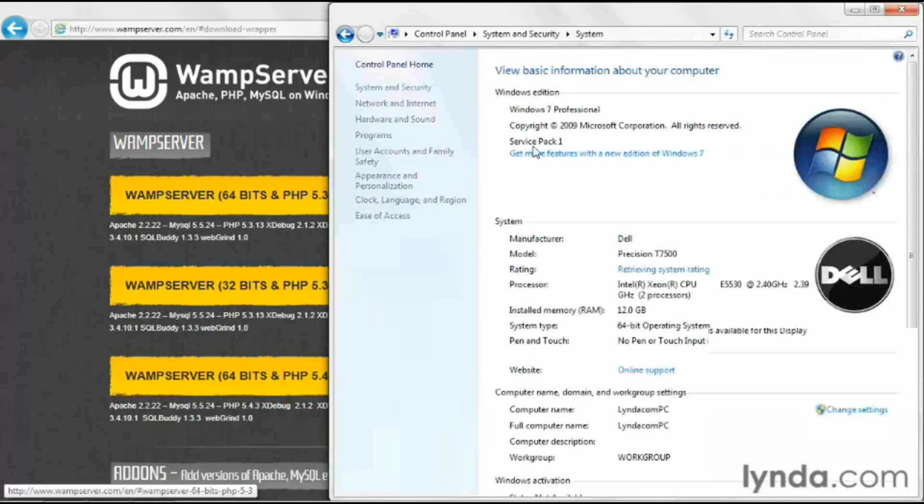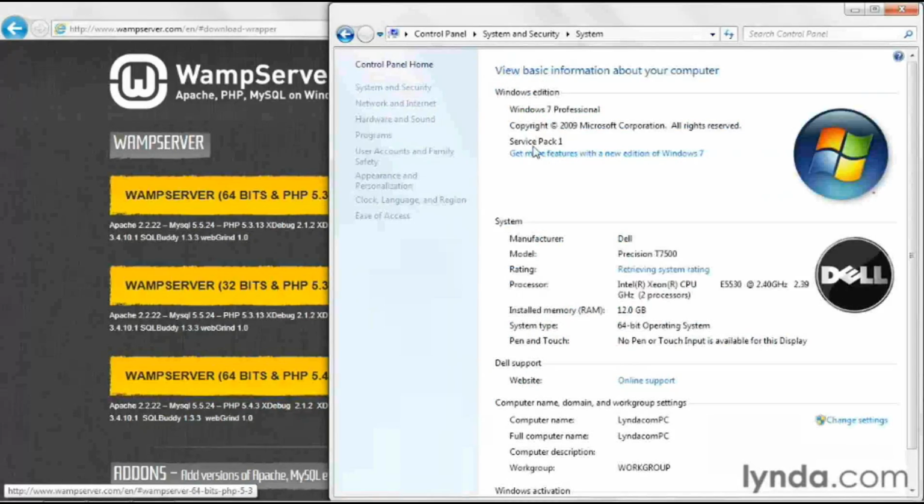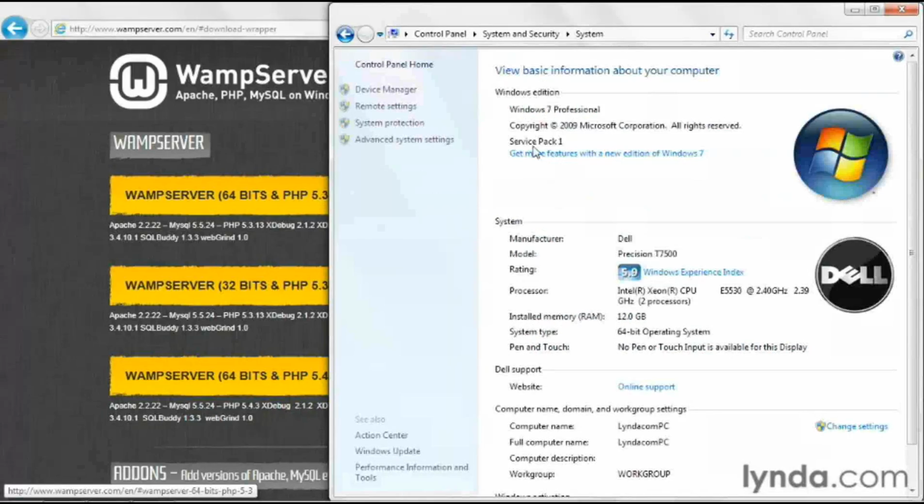The WAMP server administrative menu, which you